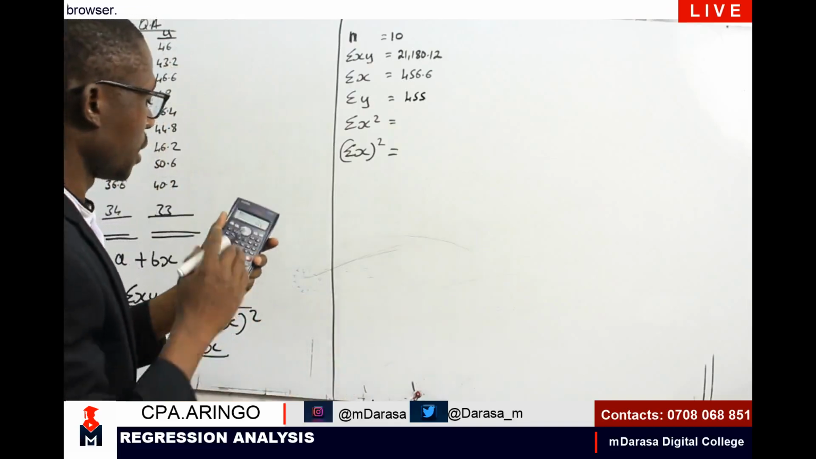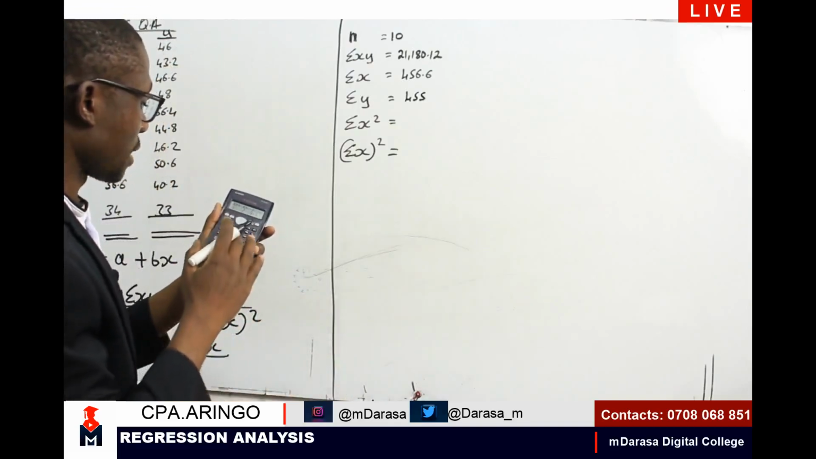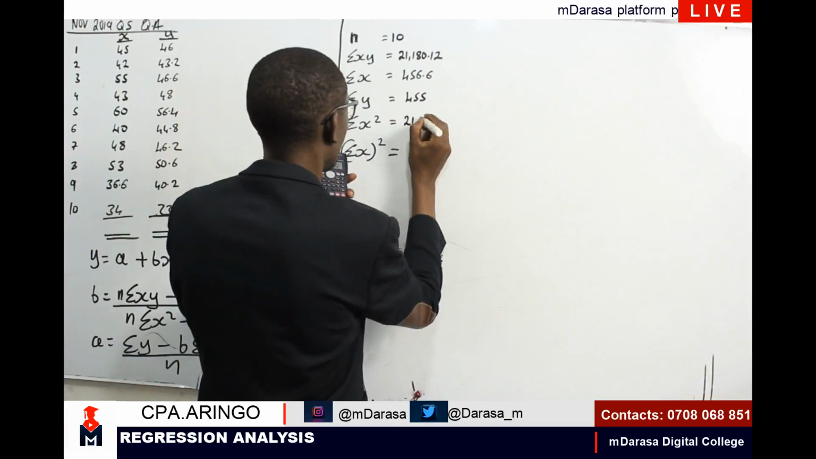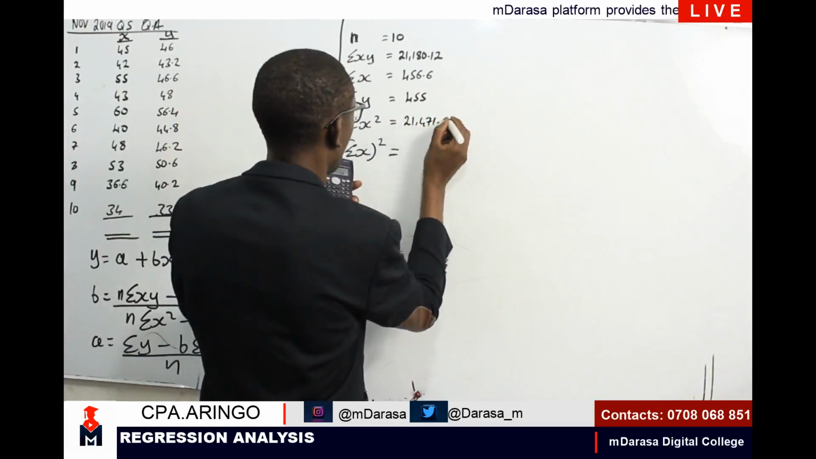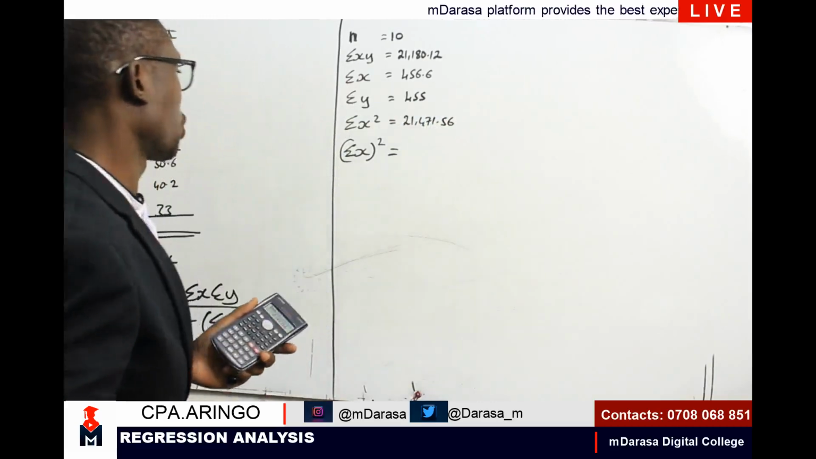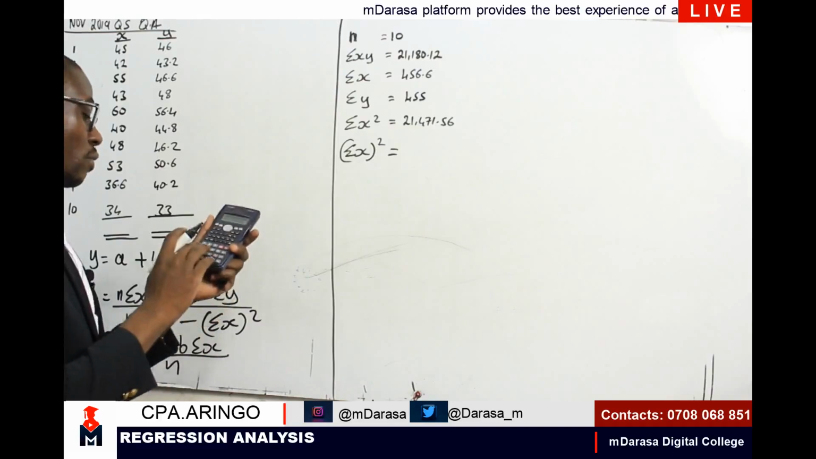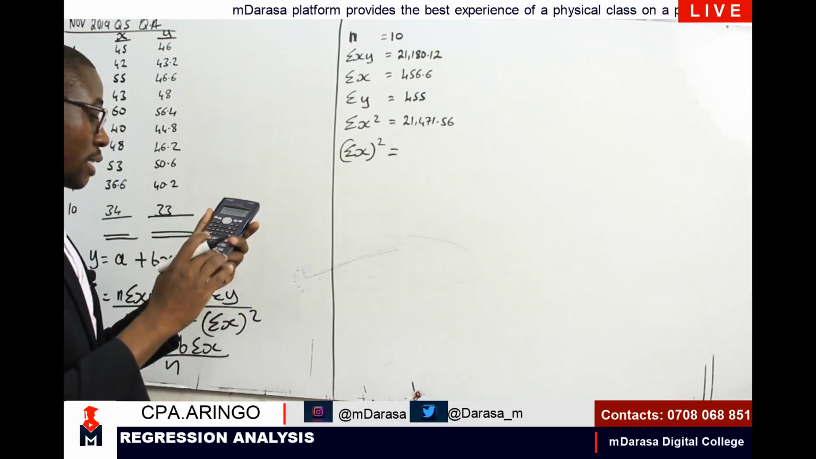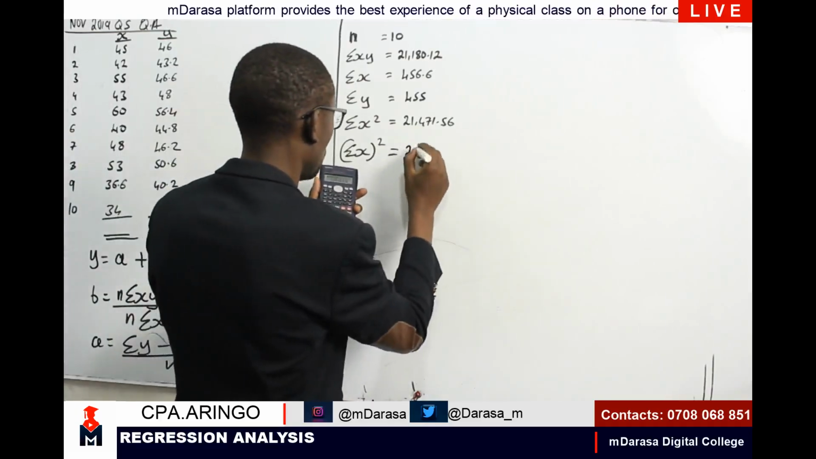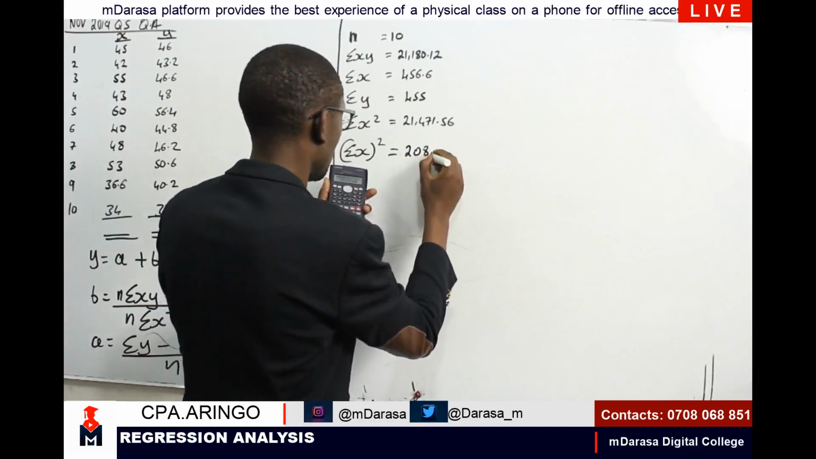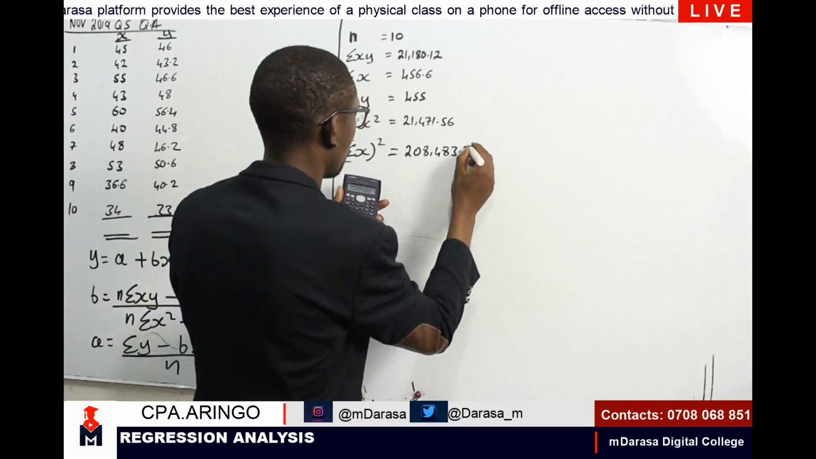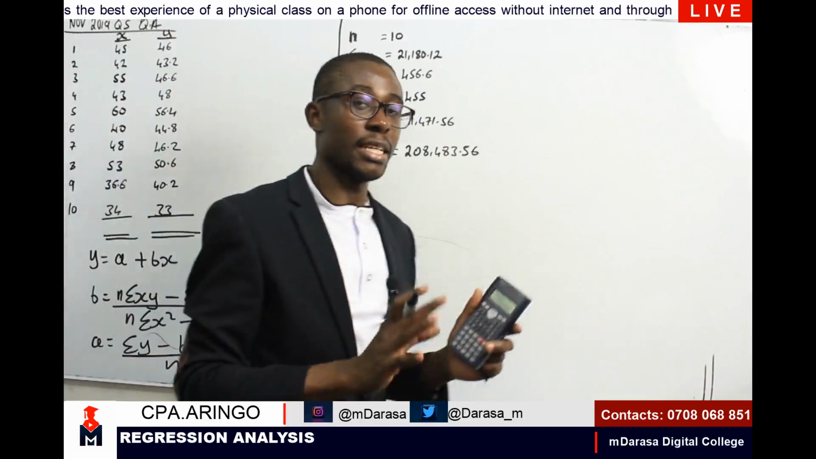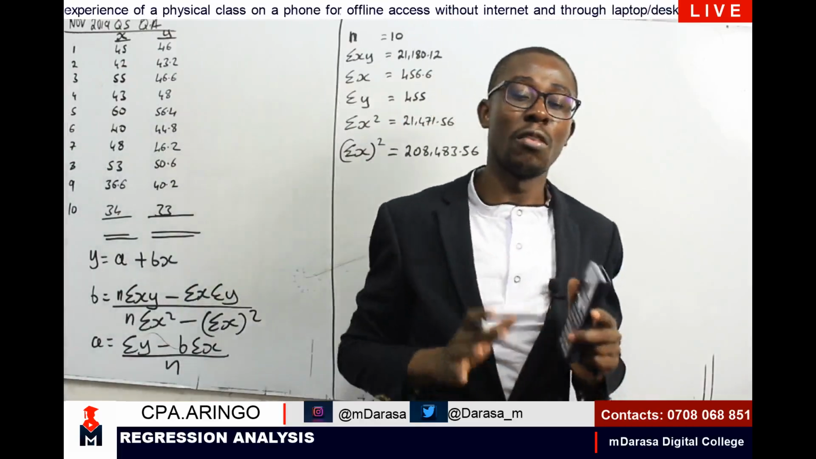Summation of x squared, Shift 1. Summation of x squared is 1. Equal sign to give me 21,471.56. Summation of x then is square. Summation of x is 456.6. Then I square that. I'm getting here a figure of 208,483.56. The moment I've disclosed my data like that and I've shown my examiner that these are our values,